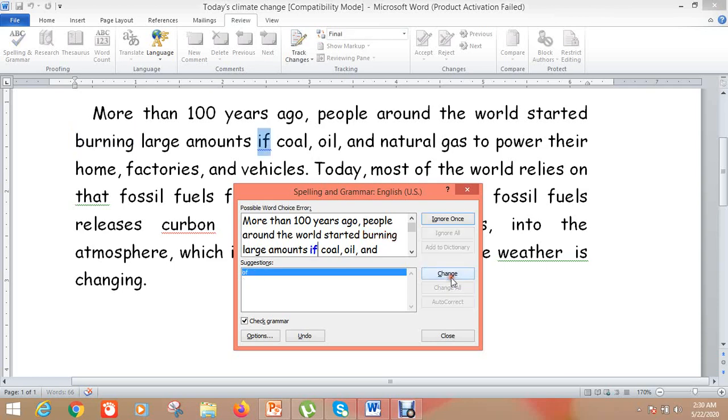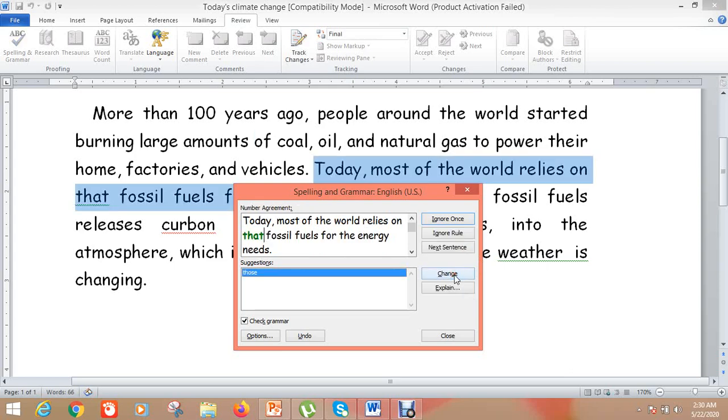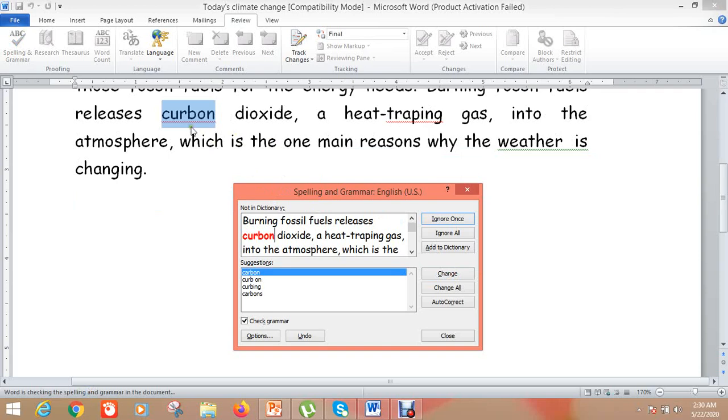So change. The next word is a blue one. It is showing a contextual mistake, if. Now off. See, Carbon is red, so it is showing a spelling mistake. Change. Then trapping, also a spelling mistake since it is red. These are wrong spellings, so the correct spelling is trapping.